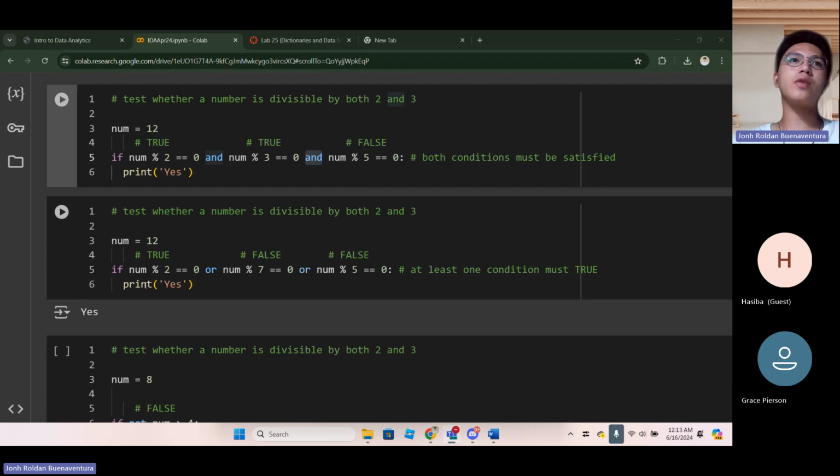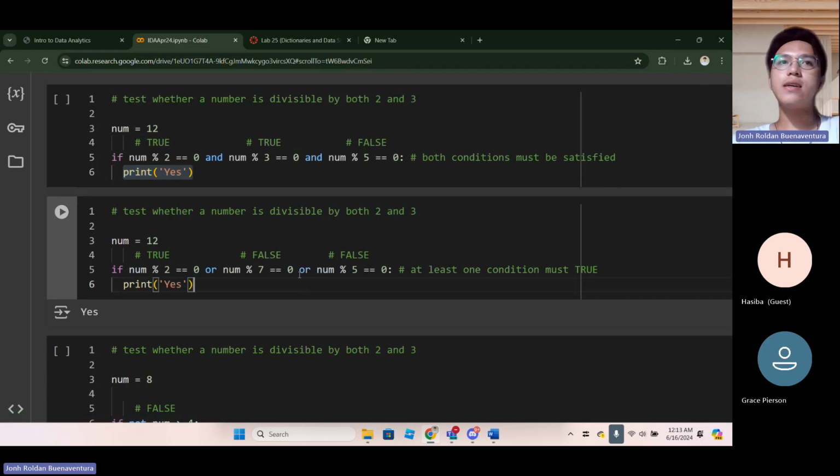We can have multiple conditions that are connected by either and or. If the conditions are connected by and, therefore all of the conditions must be satisfied in order for the code under the if statement to run.